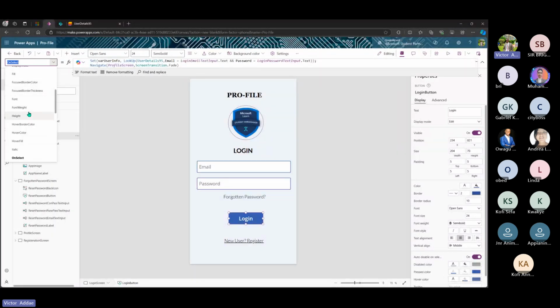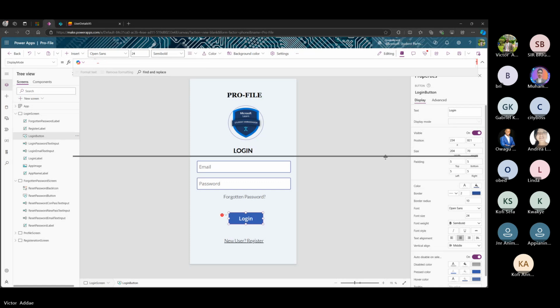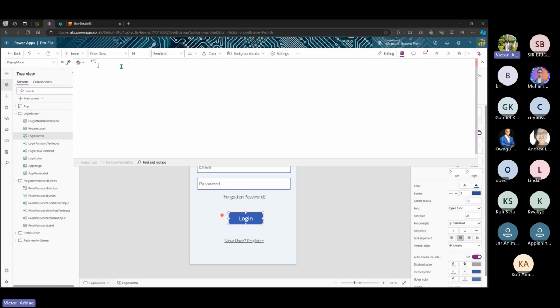So again, for the login button, let's go to our property. We are not going to choose onSelect. We are going to look at the display mode, exactly, DisplayMode.Edit. So we are going to change this .Edit to our condition. Let's write if it's blank. So if both the email and password text input fields are blank, if what is blank, so if the email,